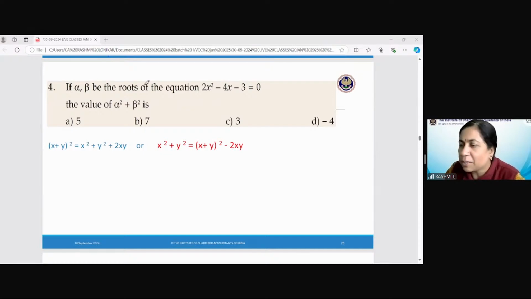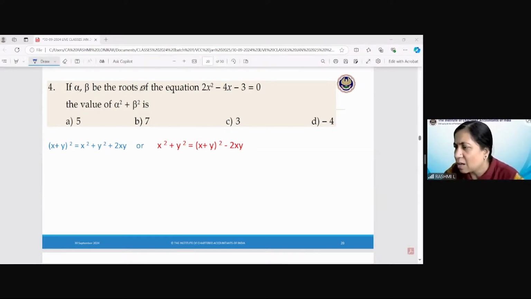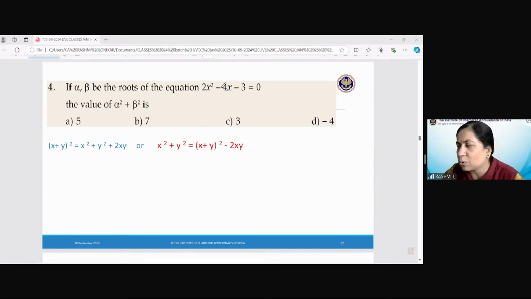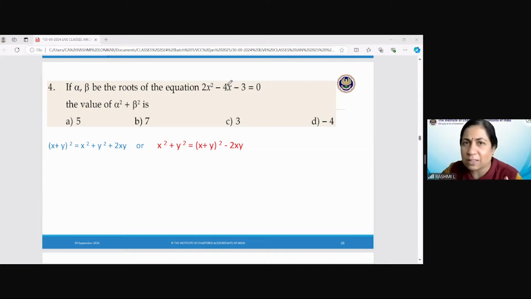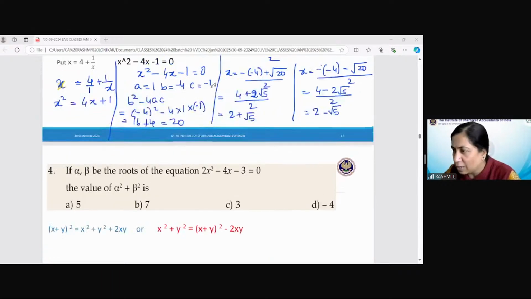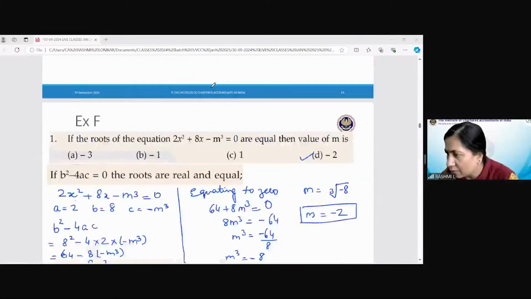Now, alpha and beta be the roots of the equation. The value of alpha square plus beta square. These are very popular questions that we have. If alpha and beta be the roots of the equation, मतलब जो कोई value x की आ रही है, one value of x is called alpha, the other value beta. Okay, so whatever we have here,